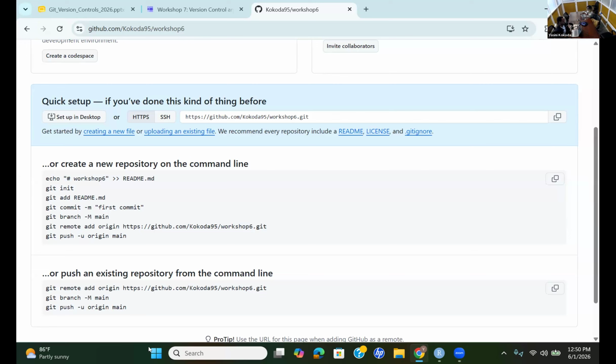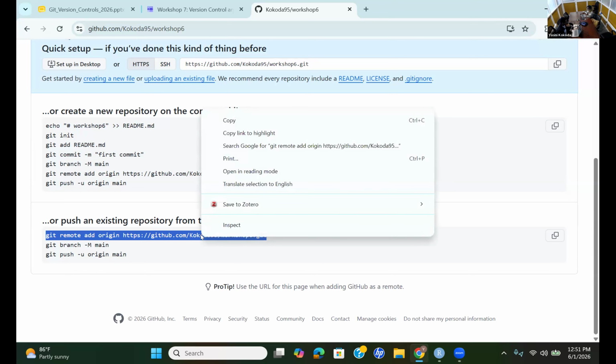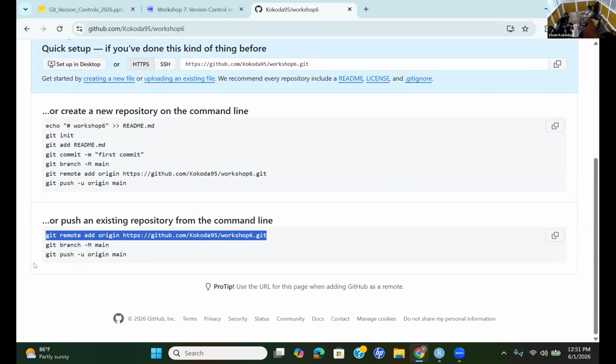Also, Annabelle. So once you have something like this, you can see it is telling you to create a new repository on the command line. You need to come to the second option, push an existing repository from the command line, because we already have the repository created on our local machine, and we want to take it to here. So you will use the second option. You need to copy this. I hope you can see what I'm highlighting. Copy the first command, git remote add,